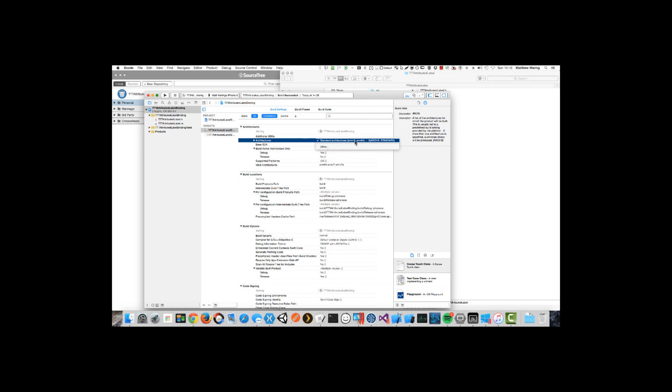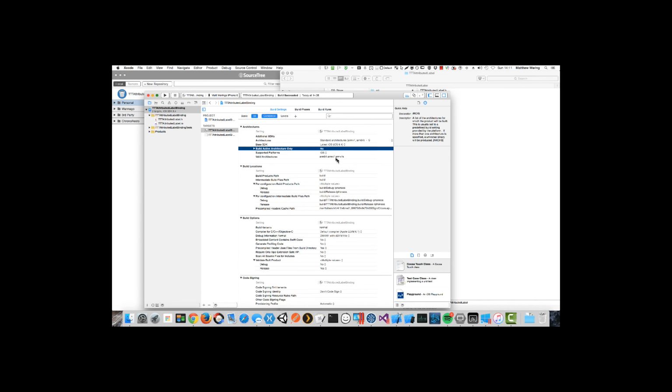Obviously with the new unified API support for 64-bit, I think it was out in January 2015 this year, anything you send to Apple has to support 64-bit compilation, and that's what Xcode at the moment, I think it's 6.4, has as standard. So when we build at the moment for this scheme,